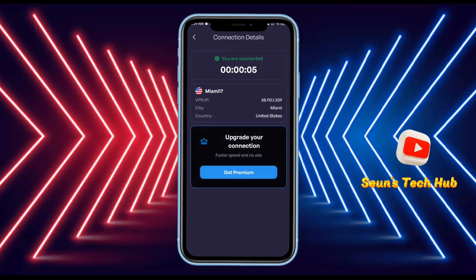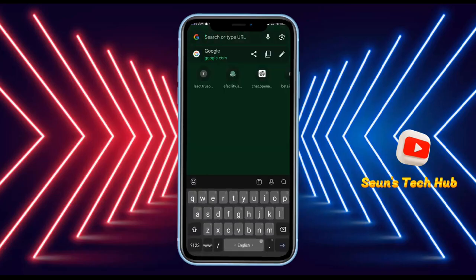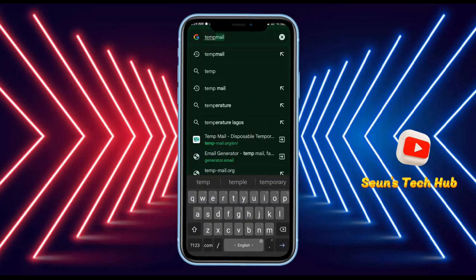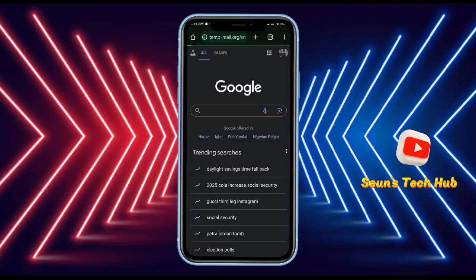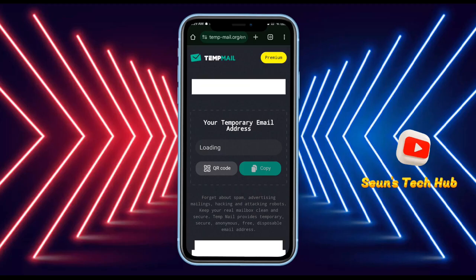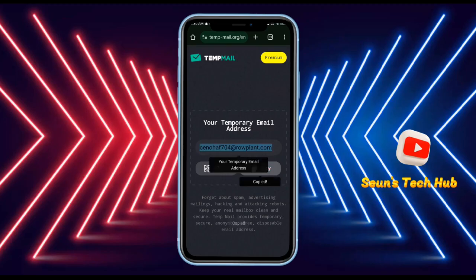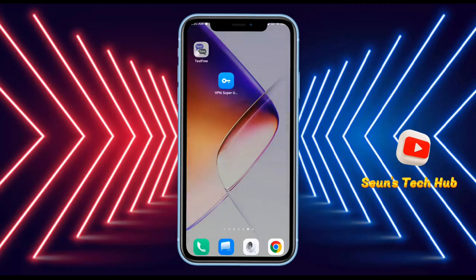So all you just have to do is to go back to your Chrome and go to temp mail in order for you to get a mail you can use to create an account on TextFree. Alright guys, so once the email has been generated to you, you just have to click on the copy option there. Okay, it's generating one. Alright, so just copy the one generated, then you go to the TextFree application,